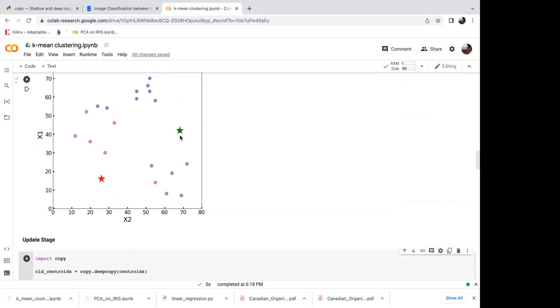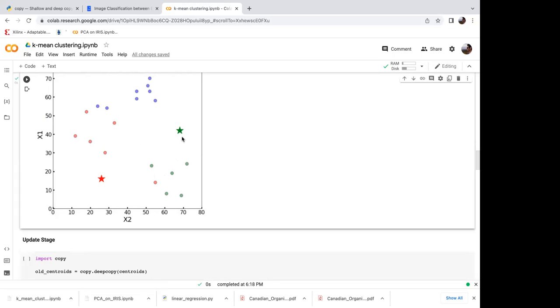So obviously, the centroid or center of the green has to be somewhere like here, right? If you see my mouse. And the center of the red group has to be somewhere like here, in the middle. Now imagine that if you move this star to here, to this center, and if you move